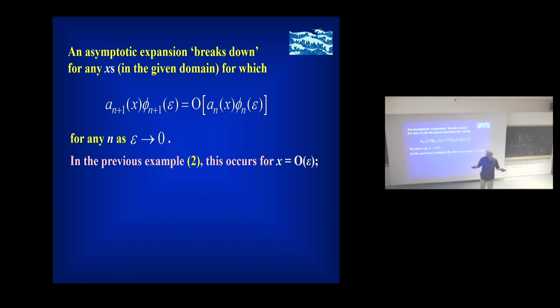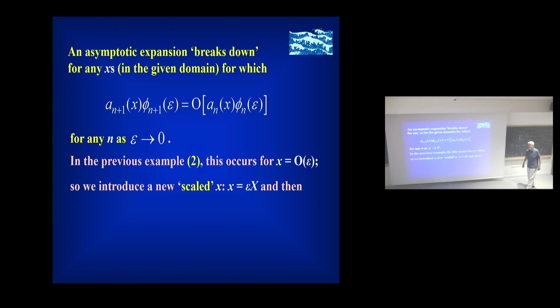Okay, it can be as big and small as you like, but not measured by epsilon. It's order 1. Here we have a breakdown, when x is order epsilon, telling us that we have to carry out a rescaling. So we now operate with a scaled x. I'm going to use the same terminology: think of big X as being order 1, so it's anything you care to choose independent of epsilon as epsilon tends to 0, then we have little x measured, in this case, proportional to